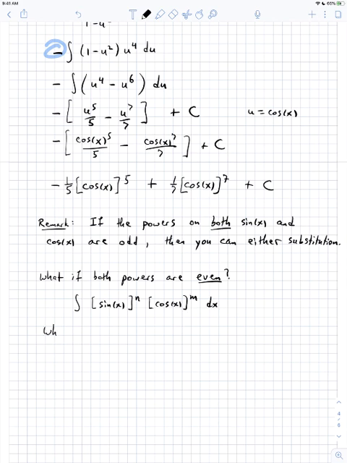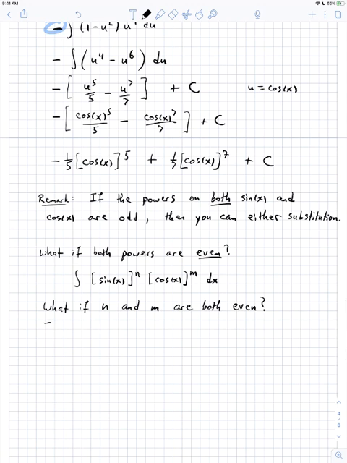So what if n and m are both even? Well, you can't use the same technique, because there's not an odd one out left over that you can strip off and use for your du. So in this case,